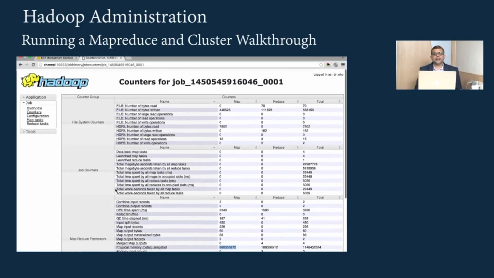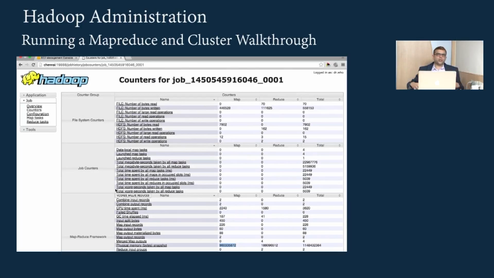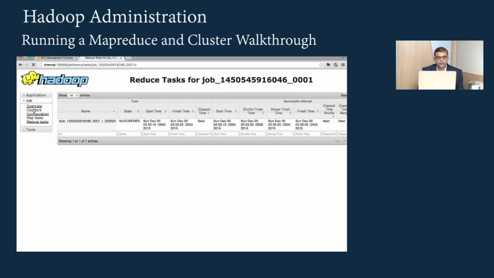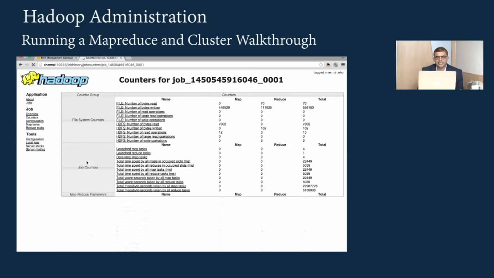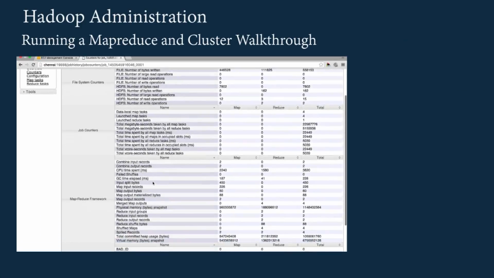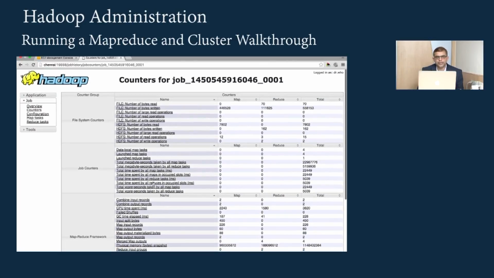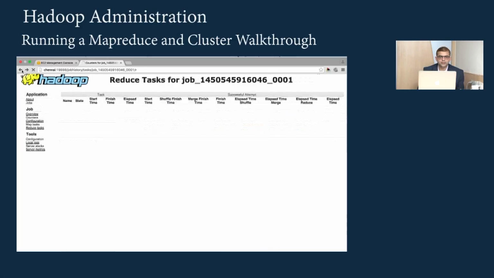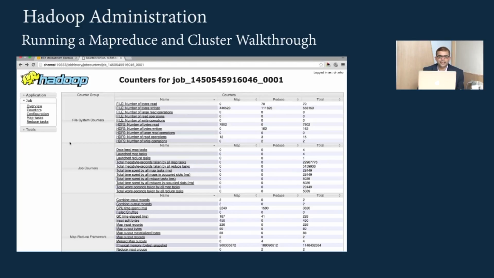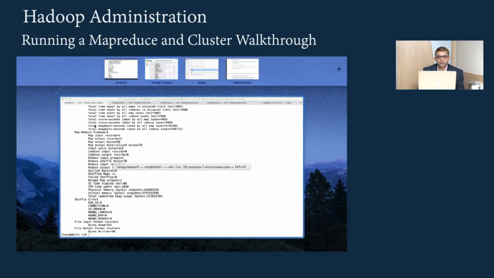So what you see is the entire status of the job in a single snapshot. You can have separate information about mappers and reducers. So you look at the reducer task and it gives you information only about the reducers. So you get the information that you need for mapper or reducer. So that is how you see the logs, and that is how you trace the performance of the job.